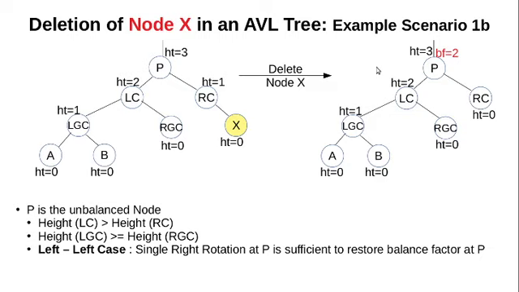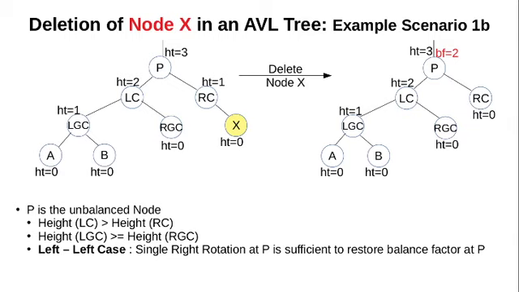As we know, due to the deletion of a node, the balance factor violation may be generated anywhere upwards in the tree starting from the parent of the physically deleted node. Hence, we check the balance factor at these nodes. The balance factor of RC is 0, but the balance factor of node P has become +2. Hence, we need to do the appropriate rotation to restore the balance factor at P.